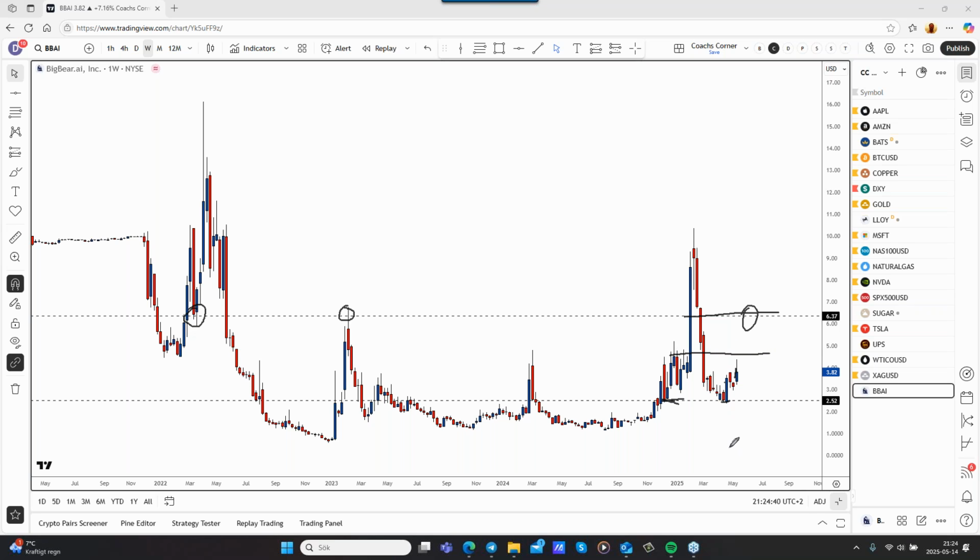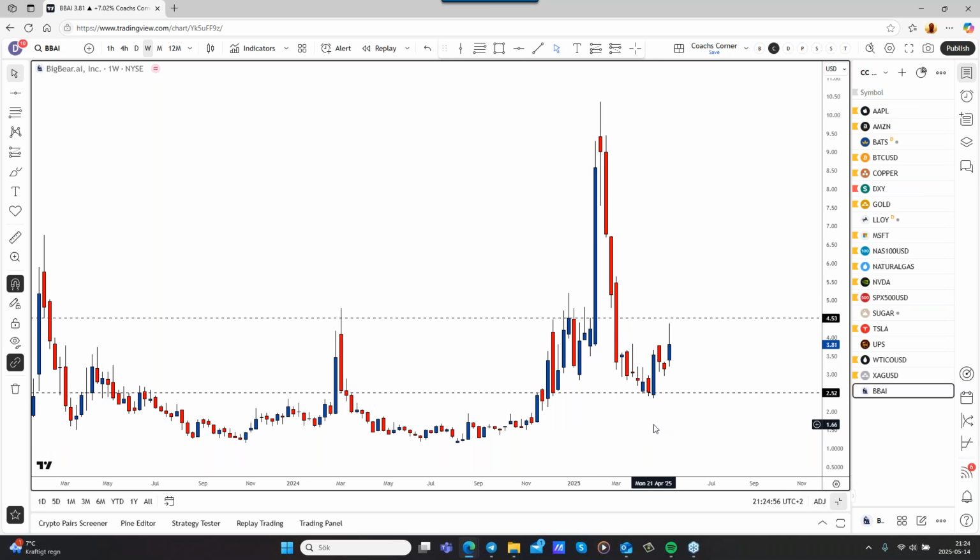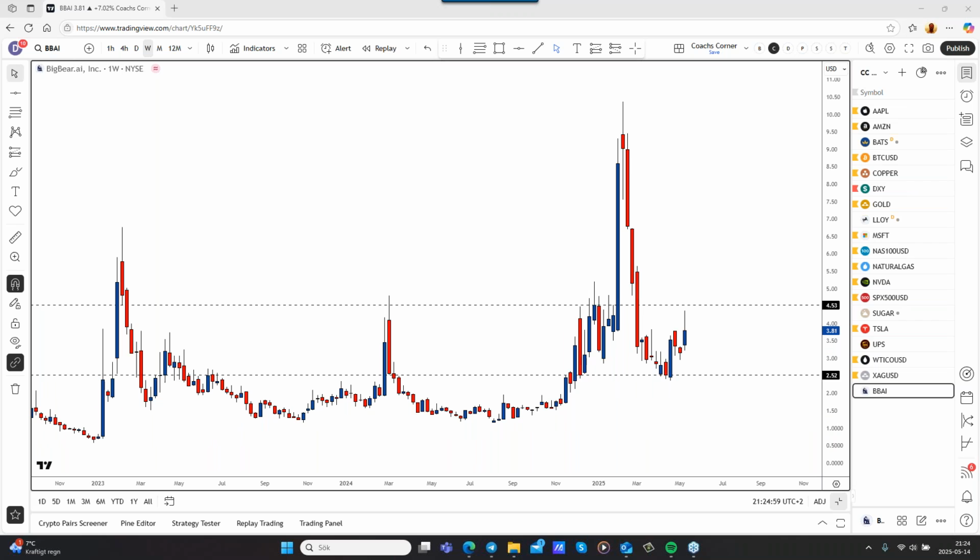So I wouldn't be buying this. Let me just remove all the clutter in here and go back to my cursor. There's a level of resistance up in here. So if you are interested in buying, this area in here is a level of support. If price comes down to this level, which is a weekly and a monthly, then that's also a buying opportunity.